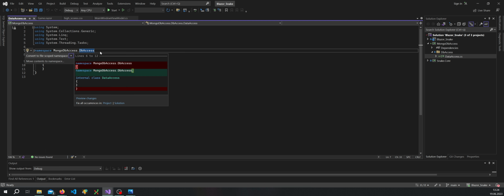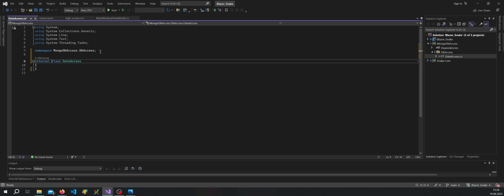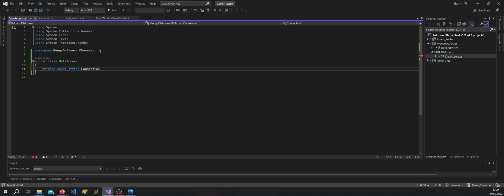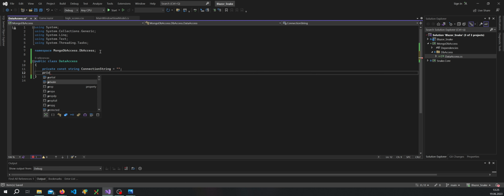Here I'm going to convert this to file scope, change this to public, and then we will create the private const. We'll need the connection string. So this is the string that is used to connect to our database. I don't know what that is yet. I'll find that out in a second. And then we've got the database name, which is Snake DB,